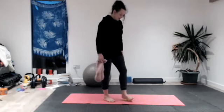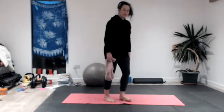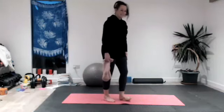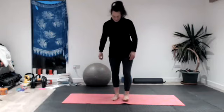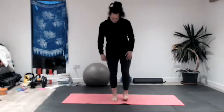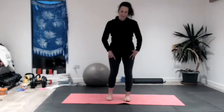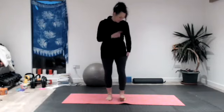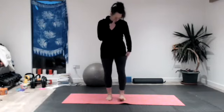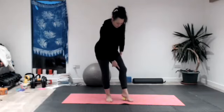Excellent. Then we're going to go to the arch of our foot and press down 3 times. Nice. And then we're going to get rid of that. Then we're going to go to the outside edge, inside edge of our foot, the arch of our foot, and press down and release 3 times. And then we're going to come over to the outside edge of our foot and press down and release 3 times. Perfect. And then we're going to come to the bit between the arch and the heel,